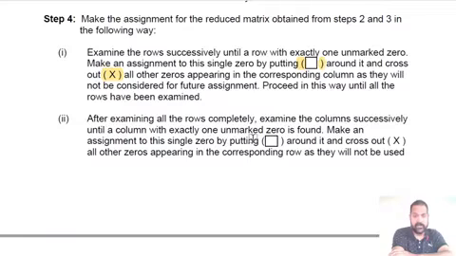After you are done doing this row wise, you come to doing the same but column wise. After examining all the rows completely, examine the columns successively until a column with exactly one unmarked 0 is found. Make an assignment to this single 0 by putting a box around it, and cross out all the zeros appearing in the corresponding row. So when you are going row wise, you are cancelling every 0 in the column. When you are going column wise, you will cancel every 0 in the row, as they will not be used